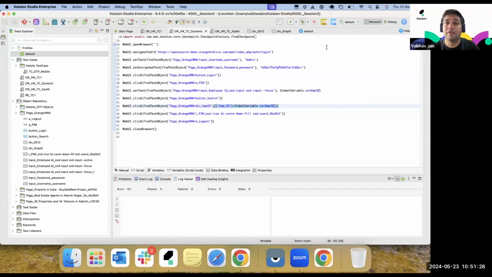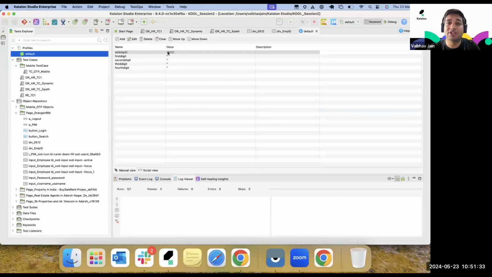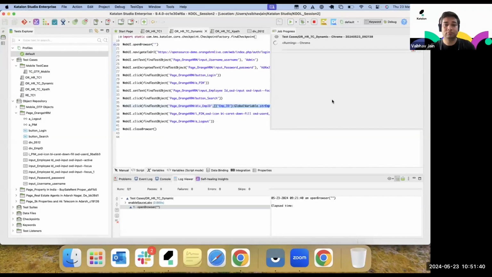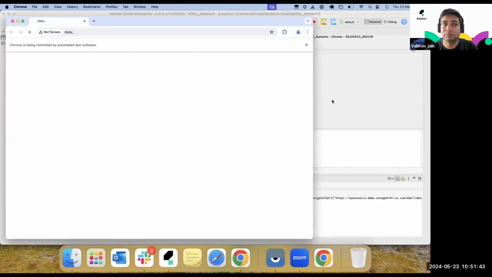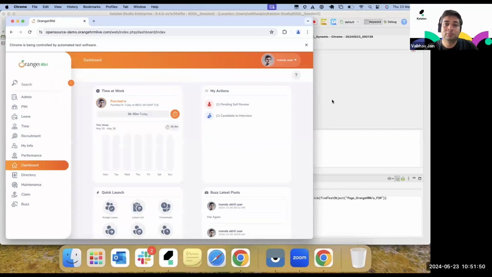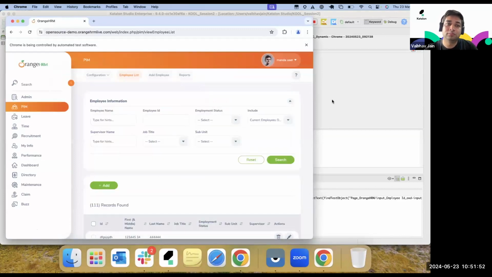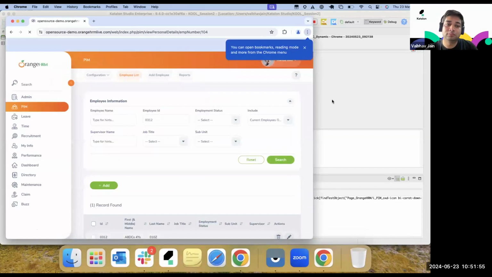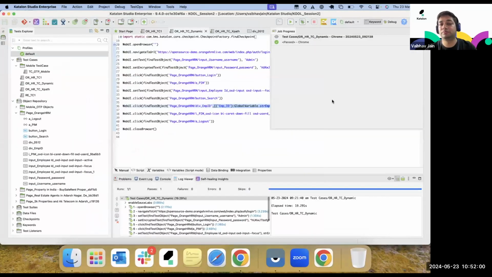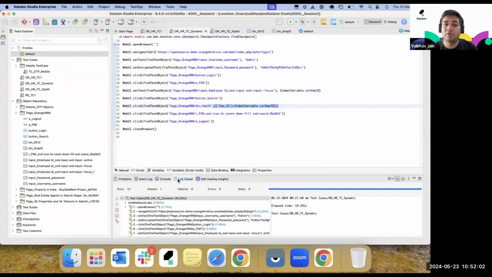Okay, so if I run this one, it should work with the value which is there in my data sheet, that is 301. Let me quickly run this one. You can see it went to the 3122. If I go to the console log also,